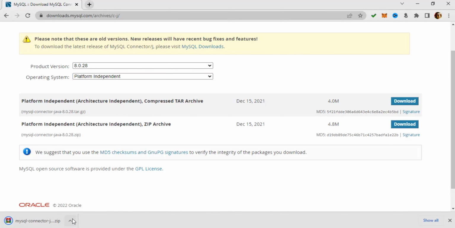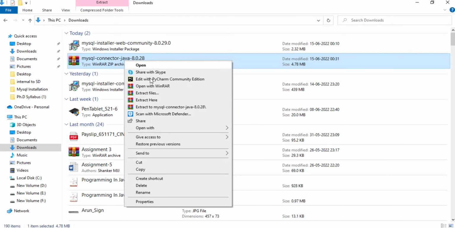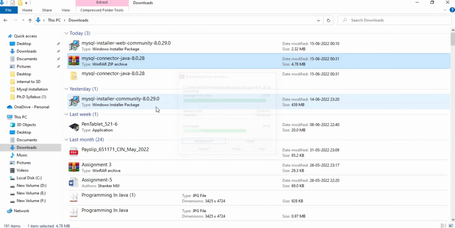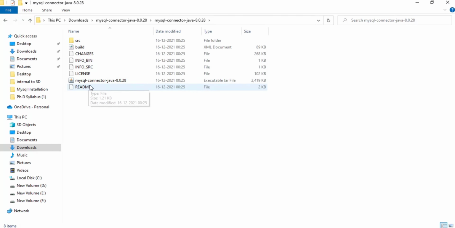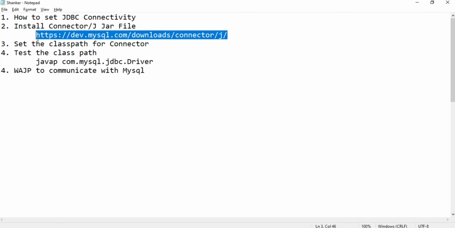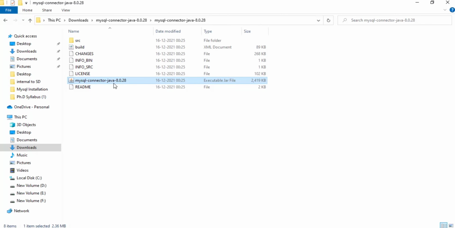After downloading, open the respective folder, and you can see the jar file. Now you need to extract this file, so I'm going to extract this one. That's it, we downloaded the connector file. You can see that there is a MySQL connector Java. Now coming back, we installed the connector file, but how to set the class path? Before setting the class path, make sure you copy this folder and paste it in the Java folder. So I'm copying this folder,